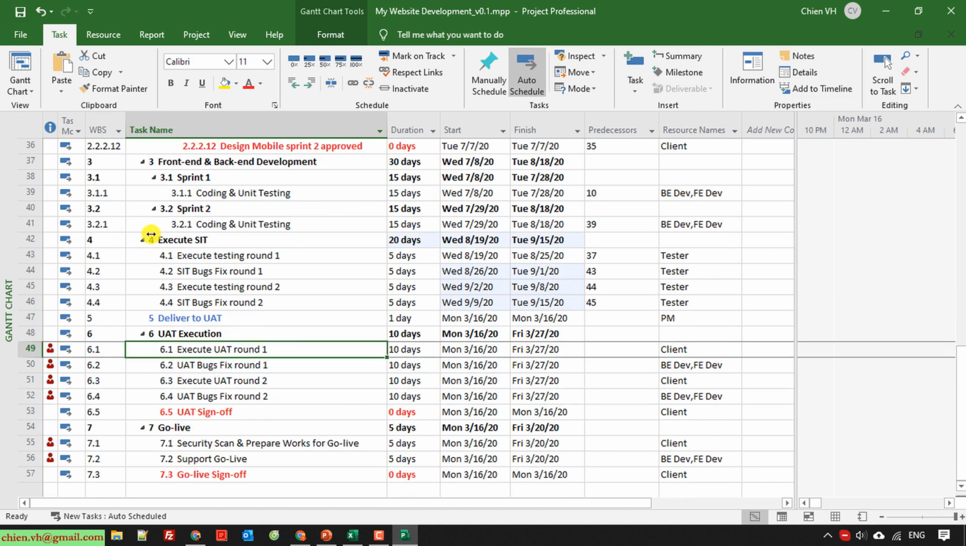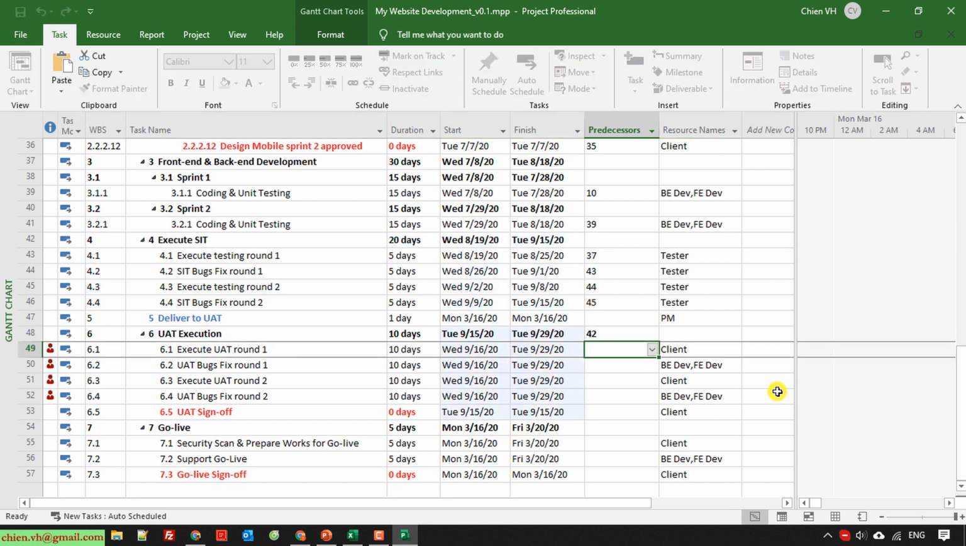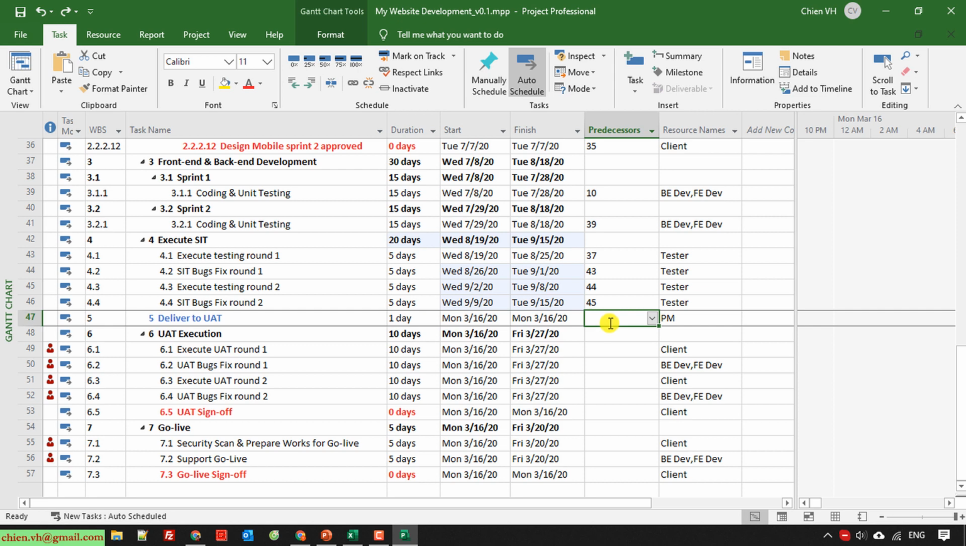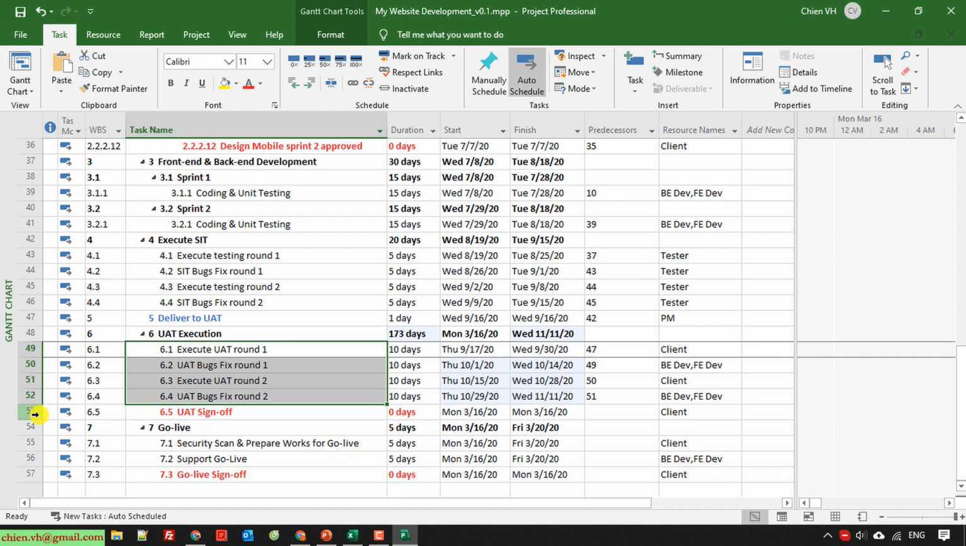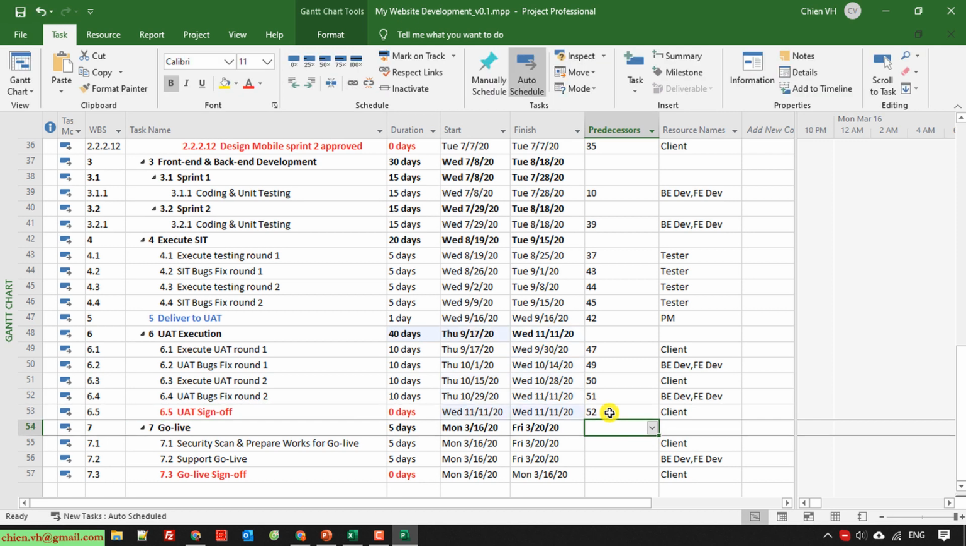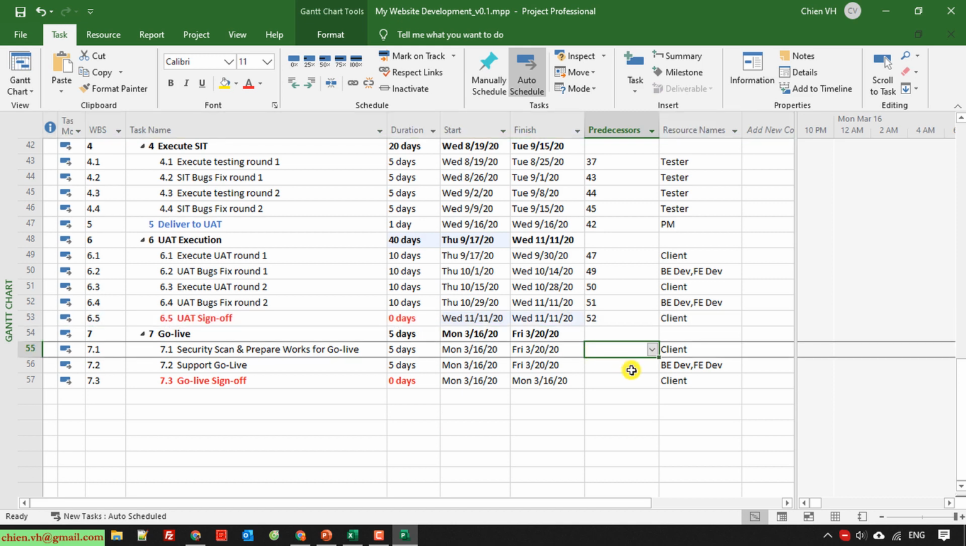Okay. Deliver is for the execute UIT SIT. It should be the 42. No, sorry, it should be the above 42, and this is the 47. Okay, and the UIT sign off after 52, 53 for this one. Okay,